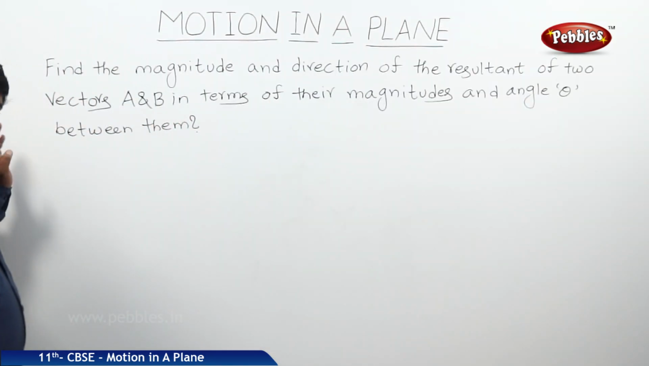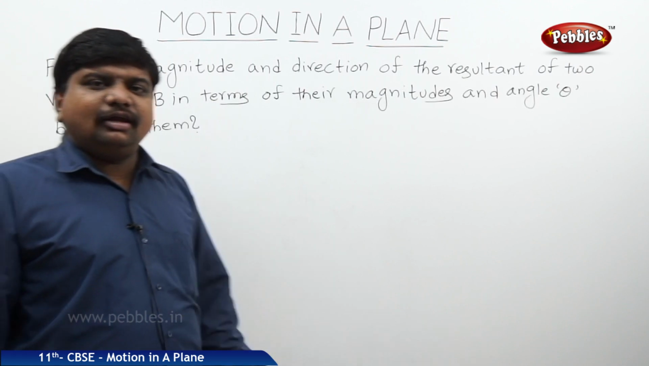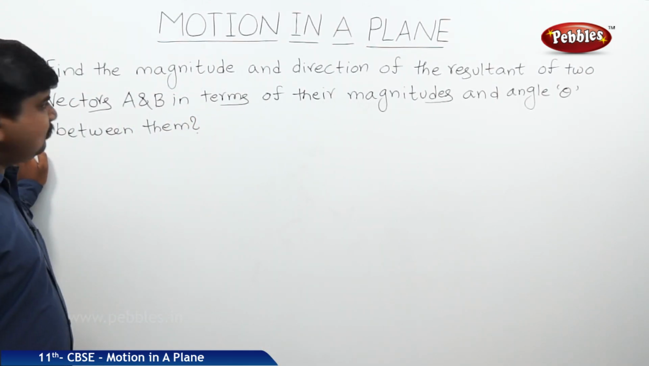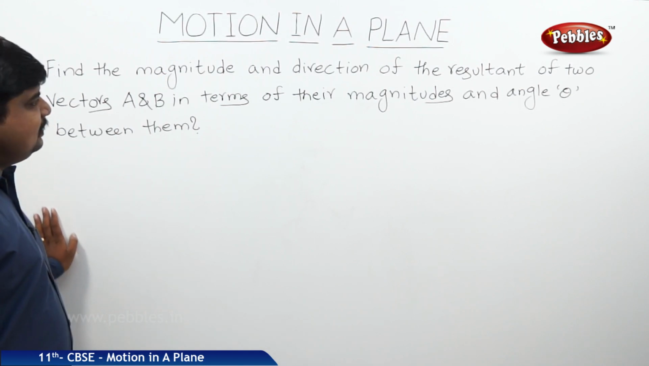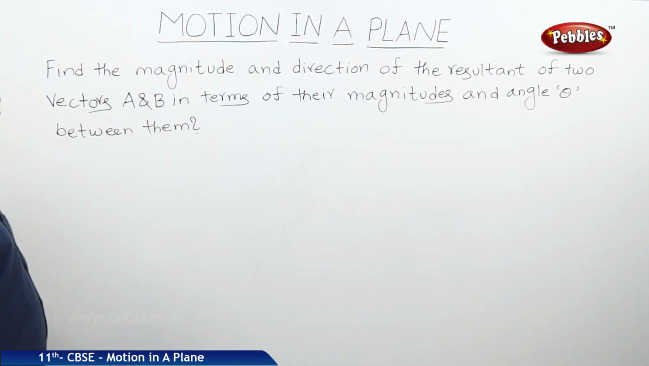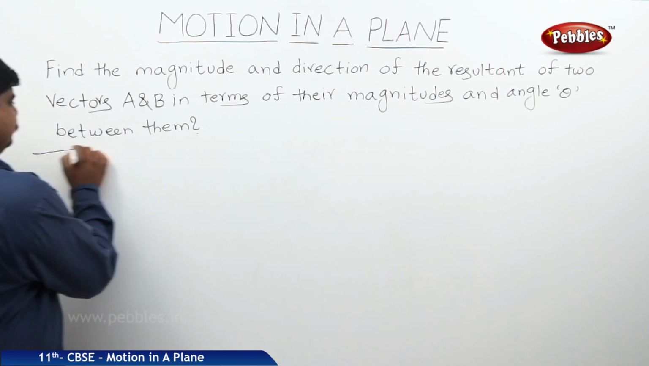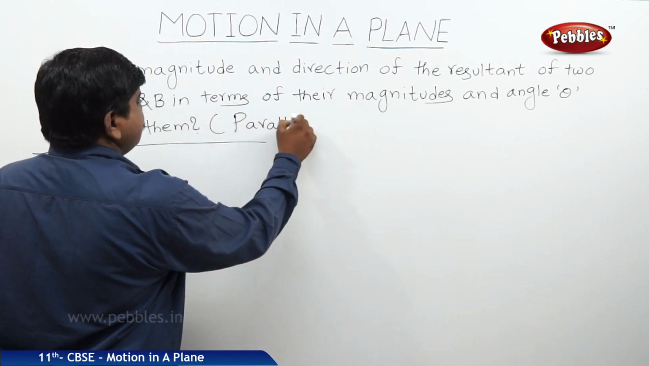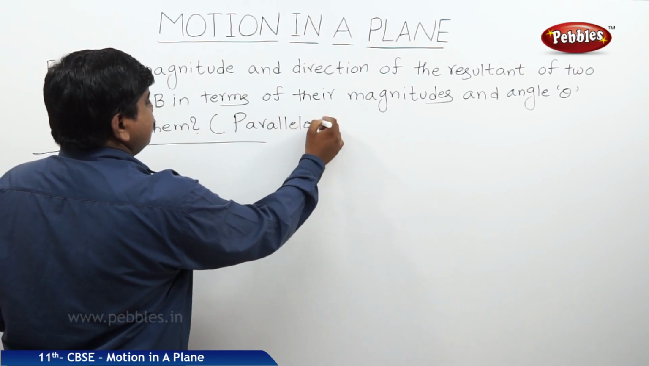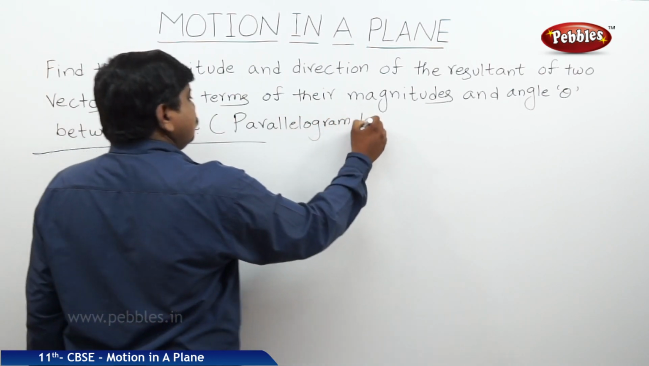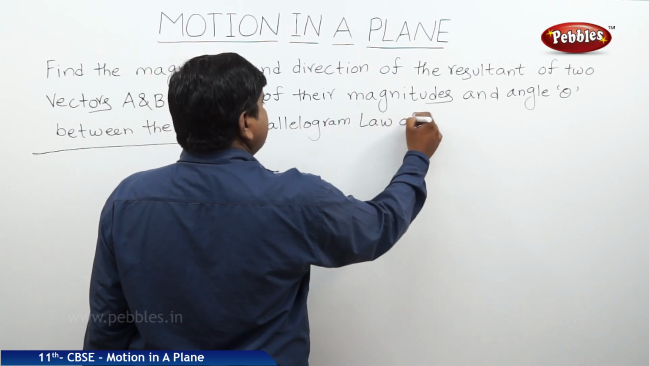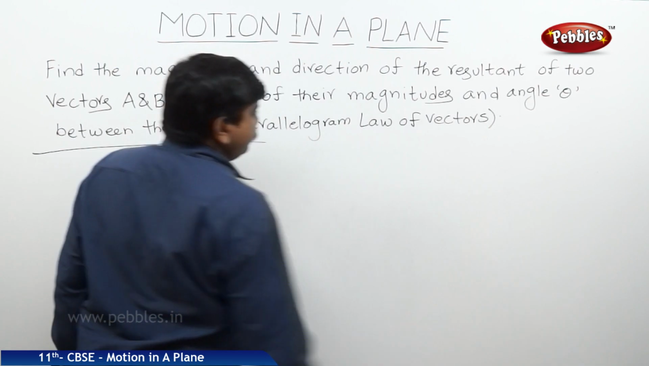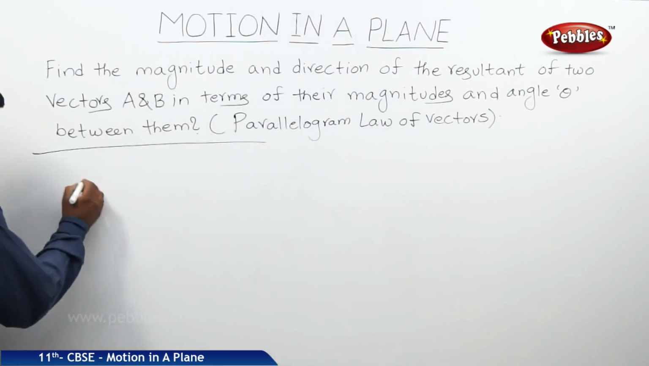The next problem is one of the applications of the parallelogram law of vectors. Find the magnitude and direction of the resultant of two vectors A and B in terms of their magnitudes and the angle theta between them. So it is an example of the parallelogram law of vectors. So if this is the case,